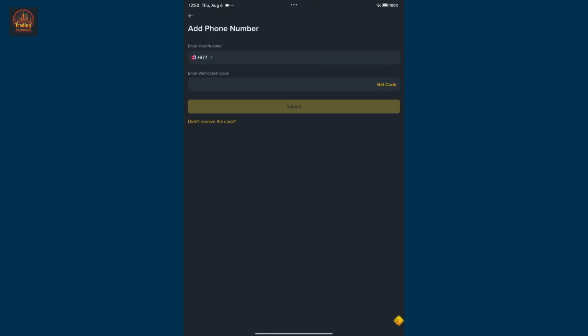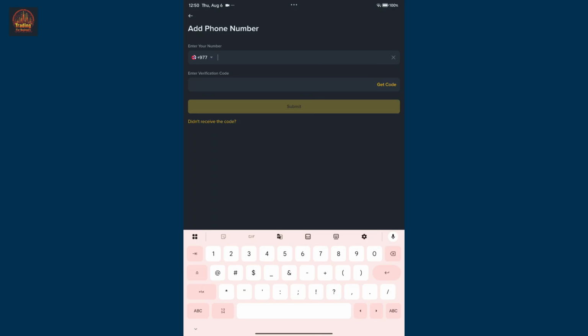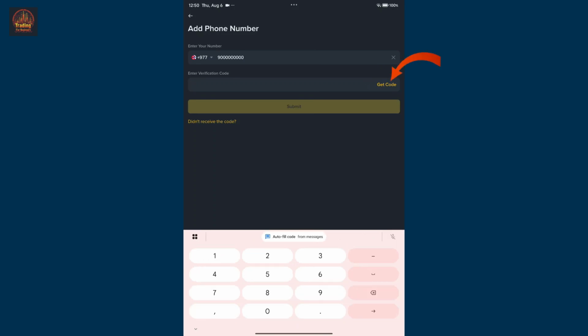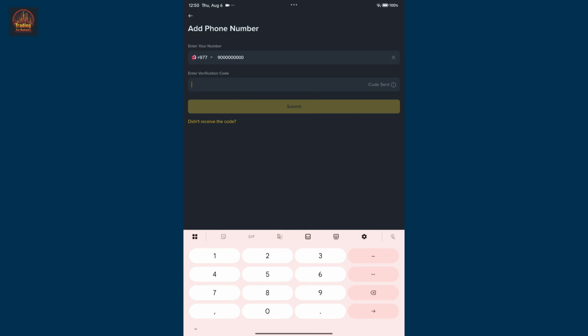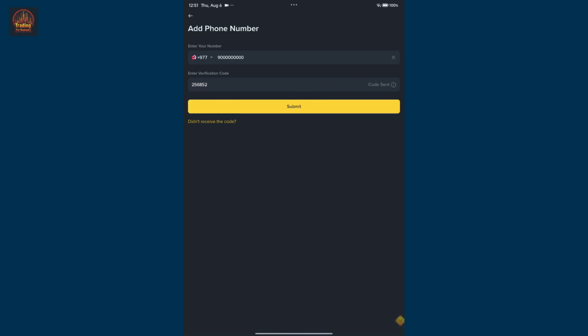On the next page, enter the phone number you want to add. Type down your phone number in the first field and then click on Get Code on the next field. You'll then receive a verification code sent to you on your mobile number. Enter it in the text box. After you do that, click Submit, and if the code is correct, you'll be able to bind or add your